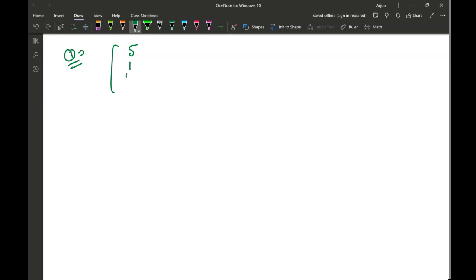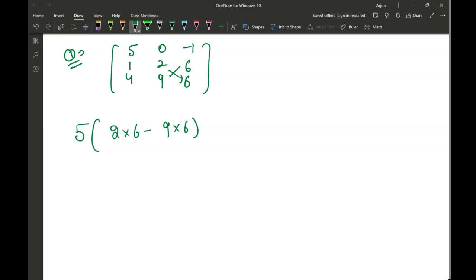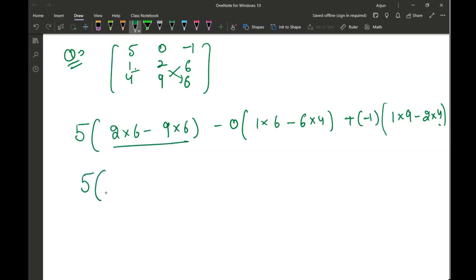So, question number one for the test solution. 5 times (1 4 0 2 9 minus 1 6 6). Now 5 times, I'm going to multiply these two terms: 2 times 6 minus 9 times 6, and then minus 0 times (1 times 6 minus 6 times 4), and then plus minus 1 multiplied by (1 times 9 minus 2 times 4). And when I multiply this 5, this will be 6 times 2 is 12, minus 9 times